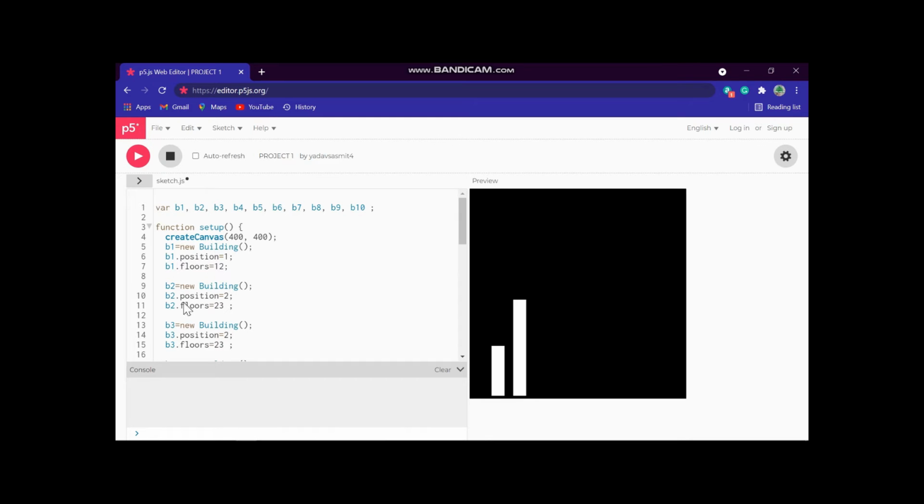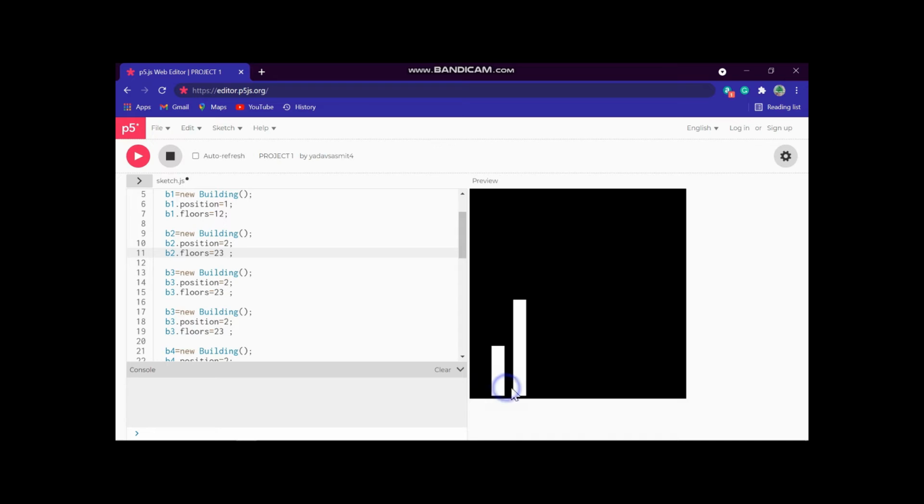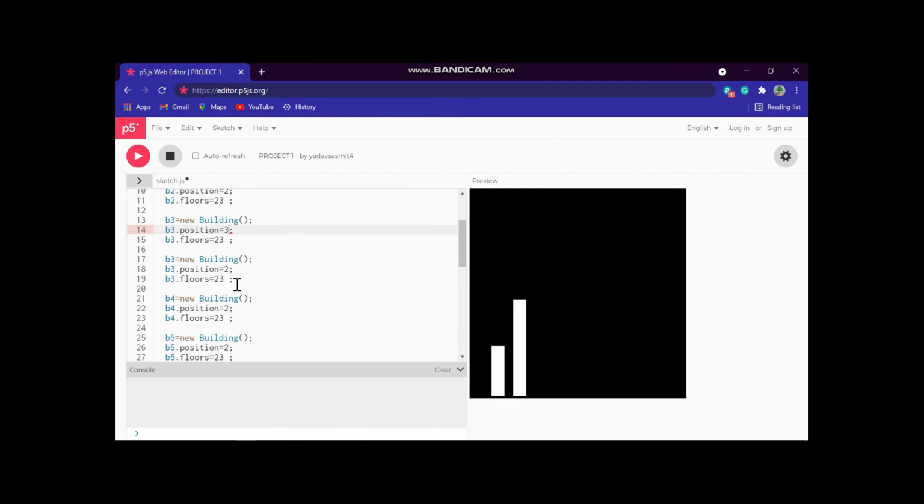Now you can see position. We have to change the position. For building 1, the position is 1. For building 2, the position is 3. In the same way, you have to change every position to 3, 4, 5, 6, 7, 8, 9 and 10. So let's change it.